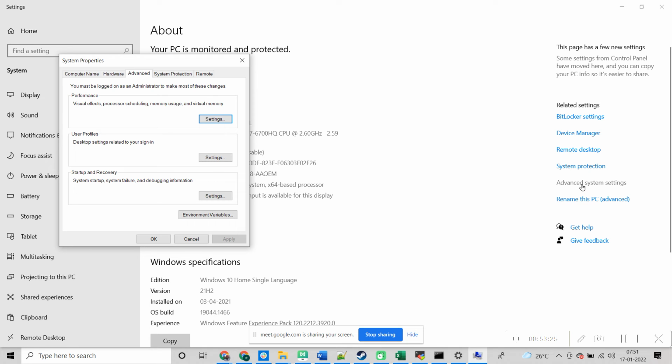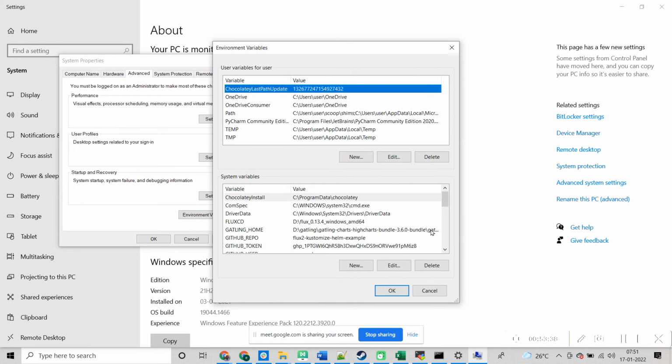Are you able to see my screen? Yes. Then once you get this window, get into Environment Variables.